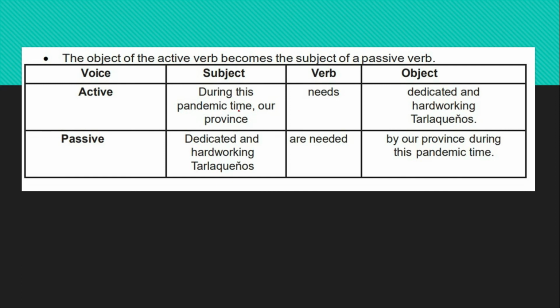Example. During this pandemic time, our province needs dedicated and hardworking Tarlaqueños. So the doer is our province. Their action is they're needing what? Dedicated and hardworking Tarlaqueños. So when we transform it into passive voice, this becomes the subject, dedicated and hardworking Tarlaqueños,